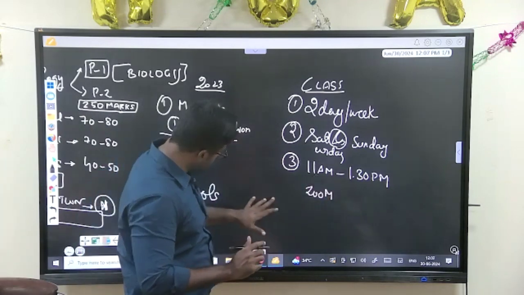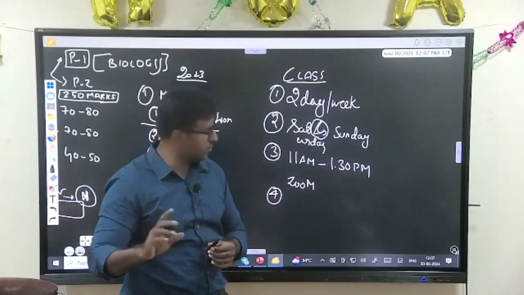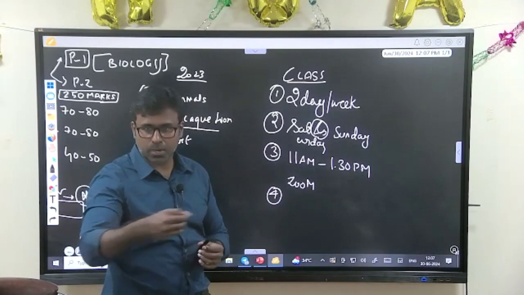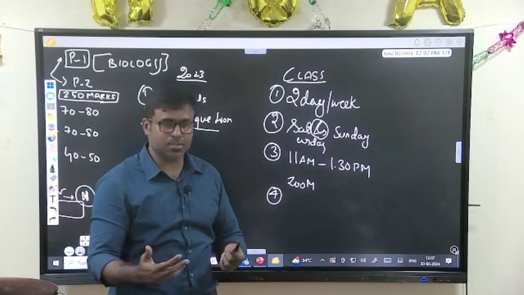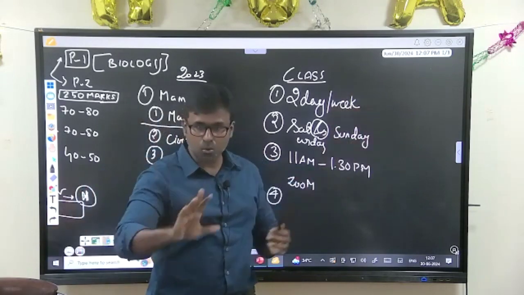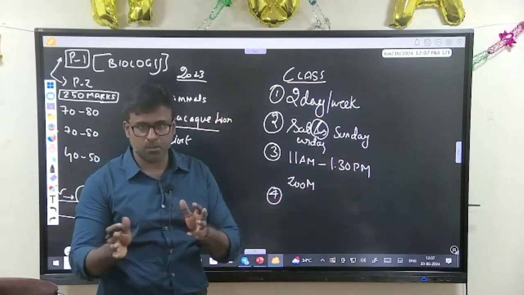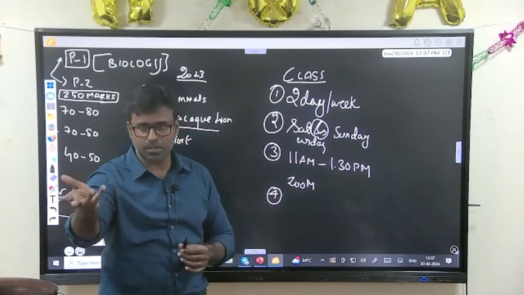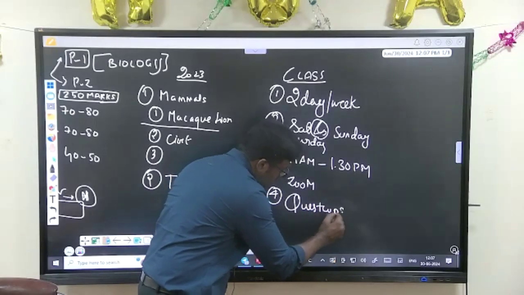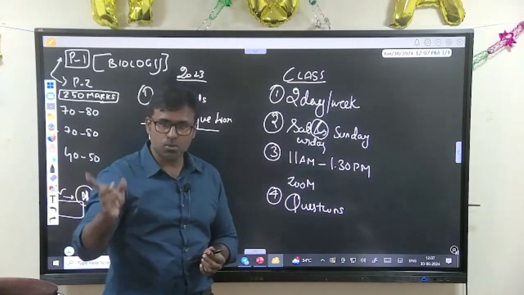And one more thing is answer writing, people kept on asking. See, usually answer writing has to be done in an organic way, like our evolution. What we do is, we have a separate component for answer writing, along with the syllabus. So every week, if I complete some syllabus, let us assume biological anthropology, I will give you questions in that each week. I would want you to write it for 50 marks.